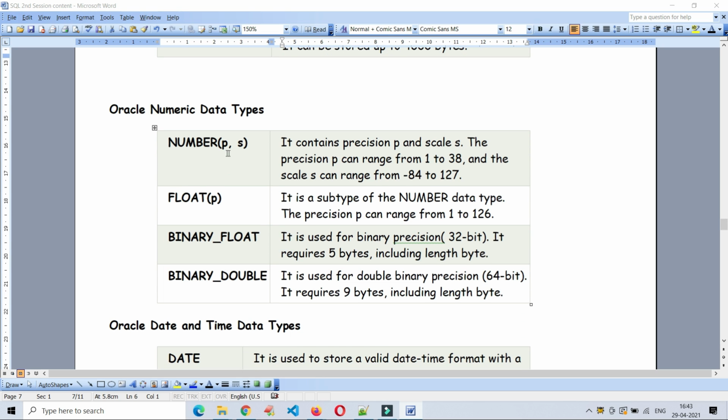Numerical data types are number of p comma s, this is precision comma size. And see here, number and float will work in the same way. Binary underscore float is used for binary precision, for binary data. Binary double is the same as float, but in big size.